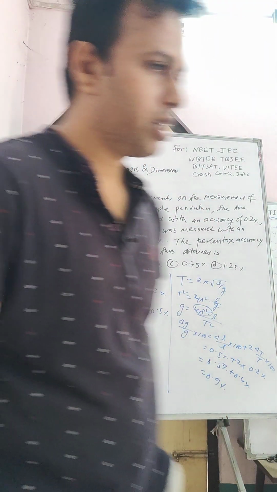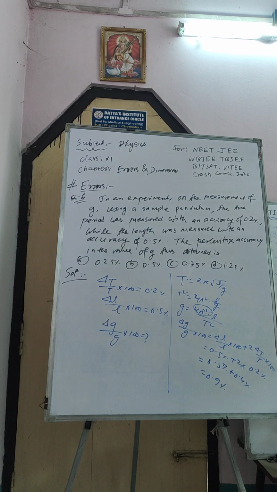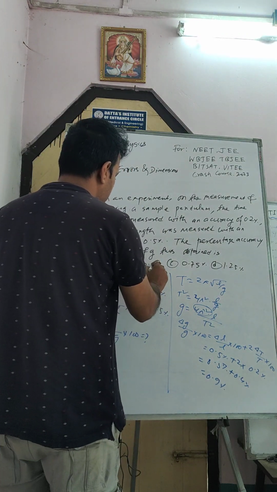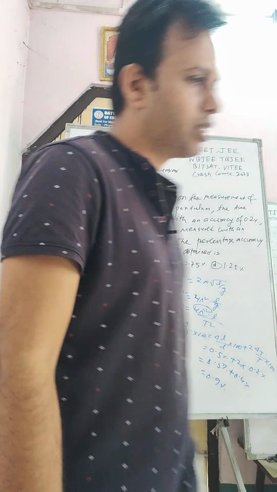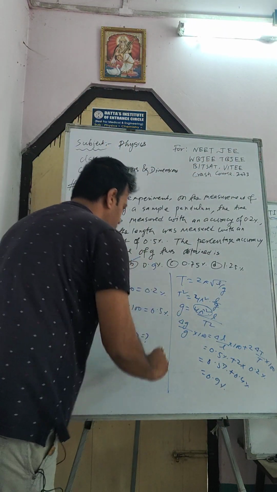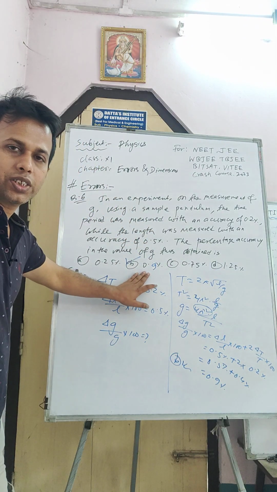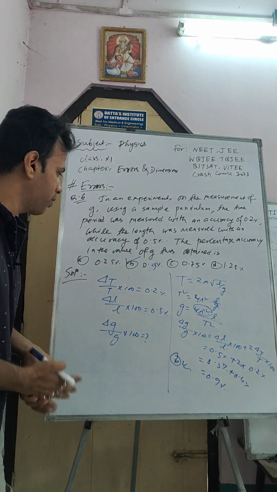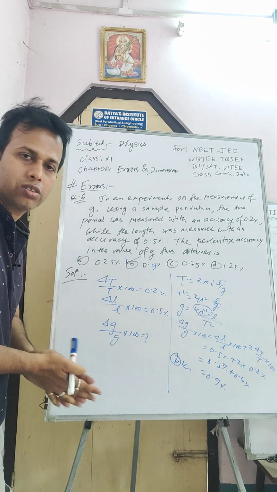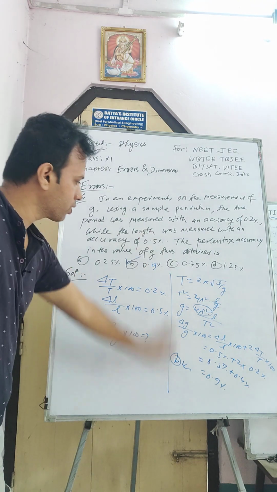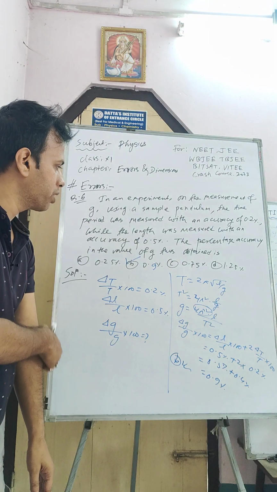So which option is correct? 0.9%. So which option here will be correct? Option, I think this will be 9. This will be the 9% option. Yes, I wrote the wrong answer. Yes, this part, option B is the correct one. I made a mistake here. Option B will be 0.9%. Okay, so option A is 0.2%, 2.5%. Option B is 0.9%. Option C is 0.75%. Option D is 1.25%.